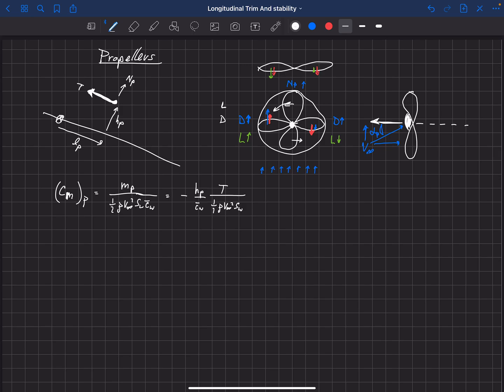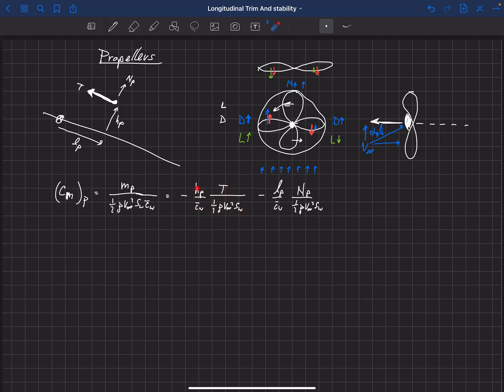And then we do the same thing. The pitching moment about the center of gravity due to the normal force is the normal force times this distance here. And if both of those are positive, again, we get a negative pitching moment. So we're going to get L sub P over c bar wing times that force N sub P over 1/2 rho v infinity squared S sub W. So again, we're non-dimensionalizing by the c bar. Really, this is the dynamic pressure, an area, and a length. And I've just split those up differently here. So I've got the dynamic pressure and area here because this is a force.